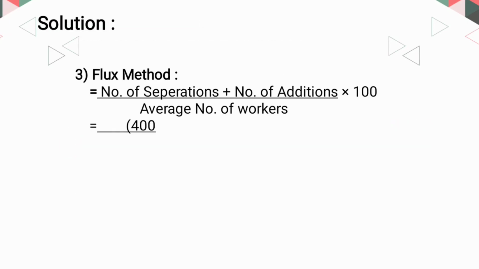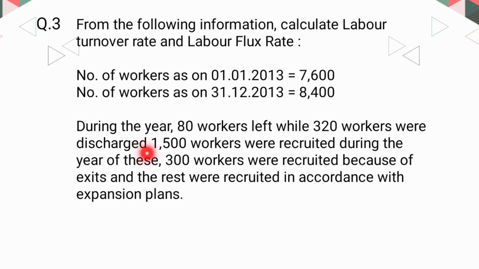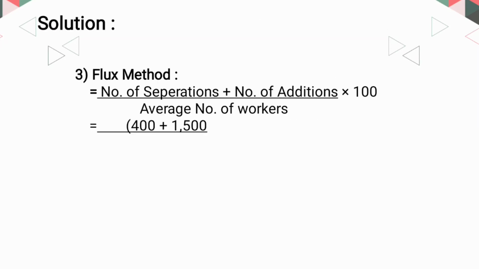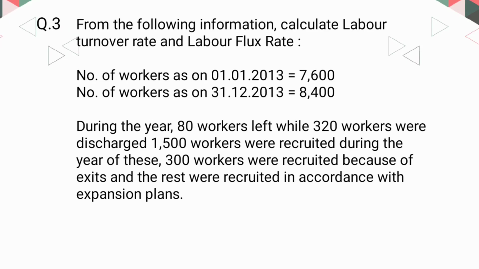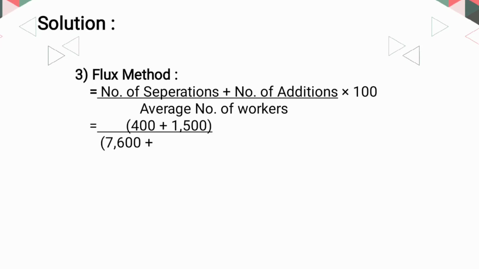So 400 plus number of additions, which is 1,500 workers were recruited, divided by average number of workers, which is 7,600 plus 8,400 divided by 2 into 100, which will be equal to